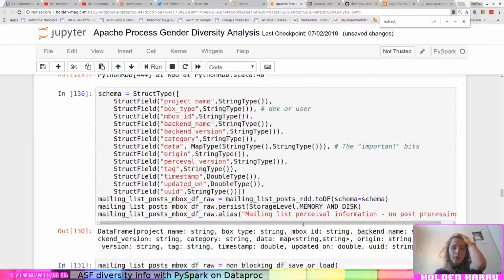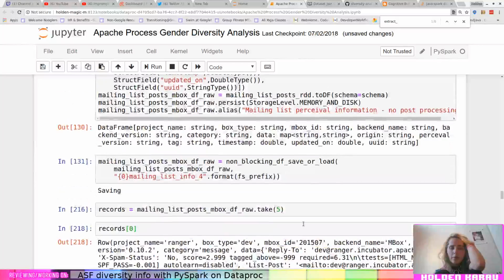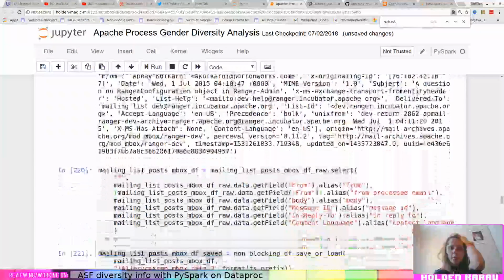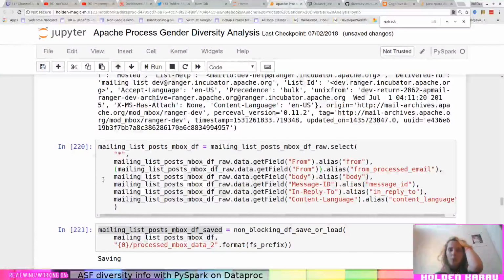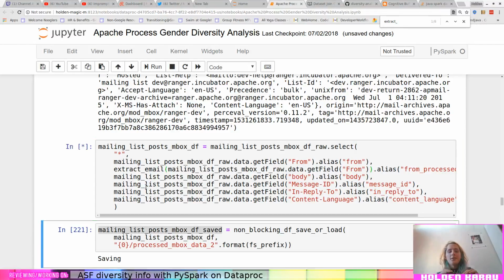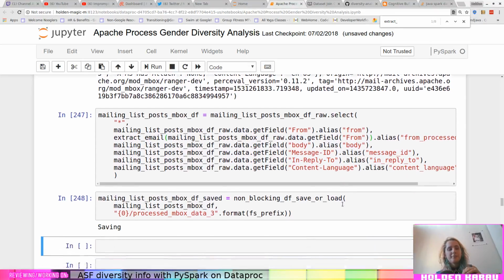They just really don't jive with how I like to organize my code. So this is the mailing list data. Cool. And this is the UDF we're gonna use. Okay. Go ahead, swap this 2 for a 3. Cool.